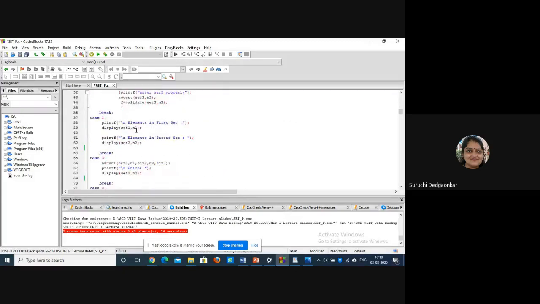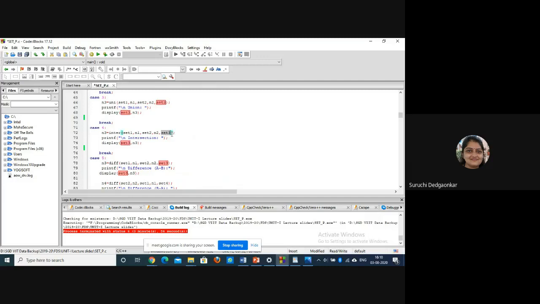But after calling the intersection function, set3 will have the elements which will be displayed here. Clear? So same display function we are calling again to display the resultant also. Okay, that is the use of function.